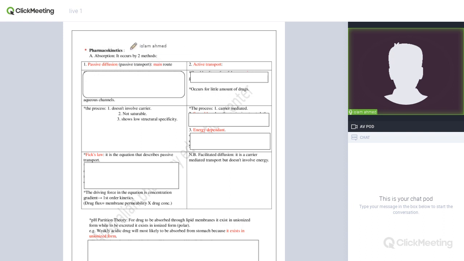Now, the pharmacokinetics part is related to absorption, distribution, metabolism, and elimination. We'll go first for the absorption. We have two main branches for the process of absorption. The first one is the passive absorption, and the second one is the active transport. The first one, which is the passive diffusion,